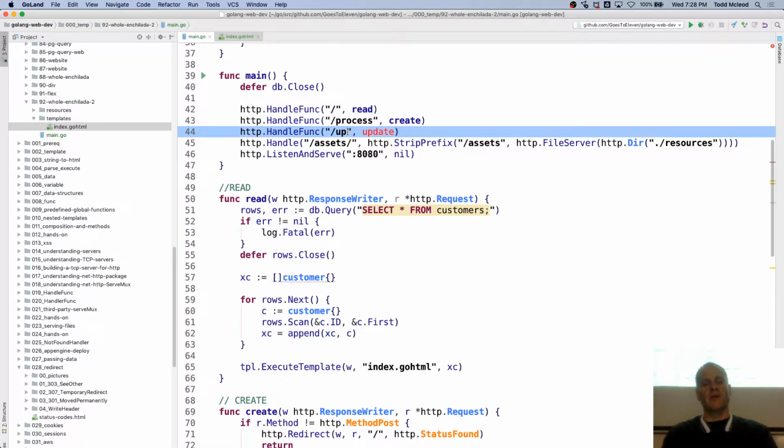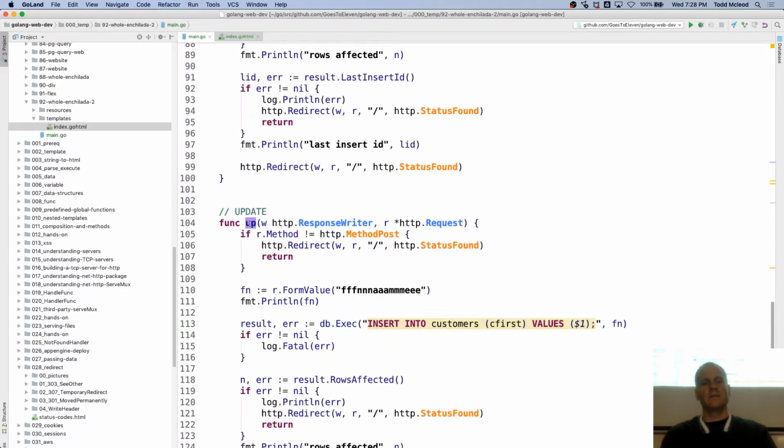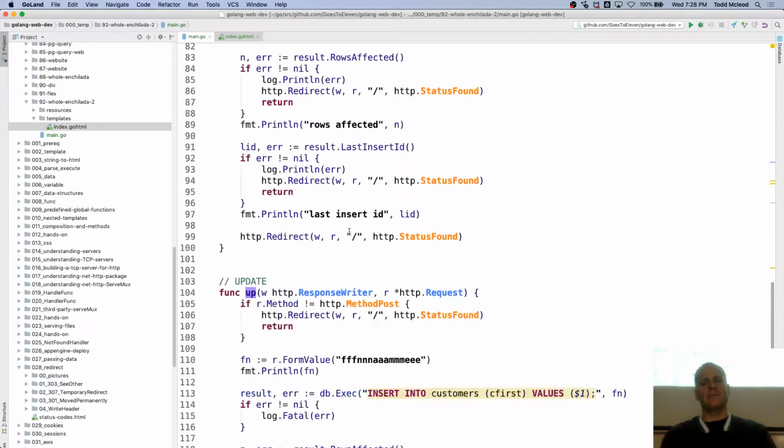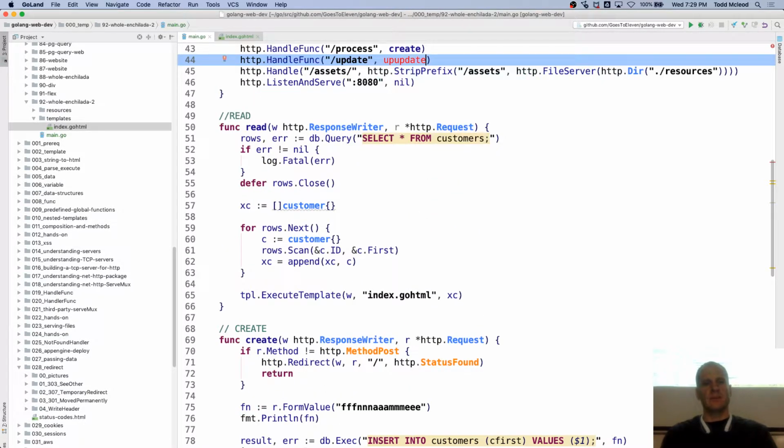All right, so the function is update. This will be up. We'll do this update, and this one's up. That's what we named it down here. It's update, and I guess just keep that clear. I like naming them different so people don't think that those are the same. Okay, so update